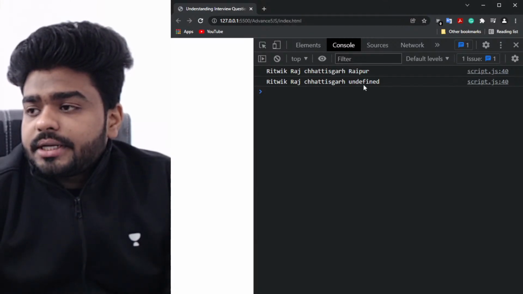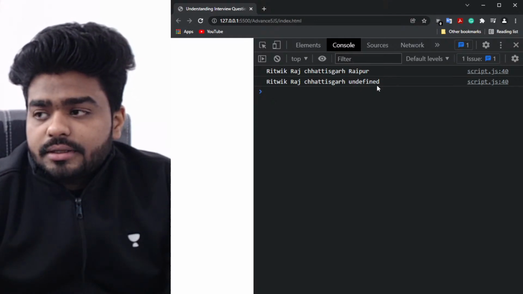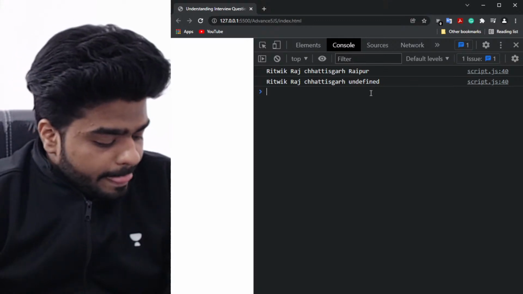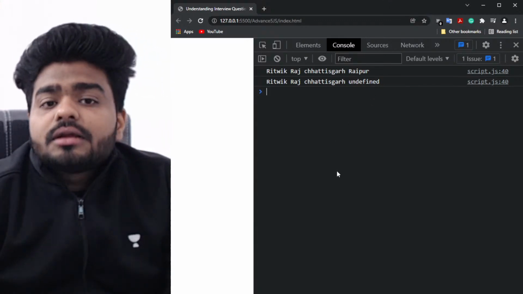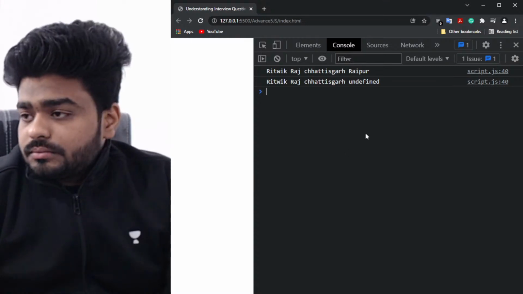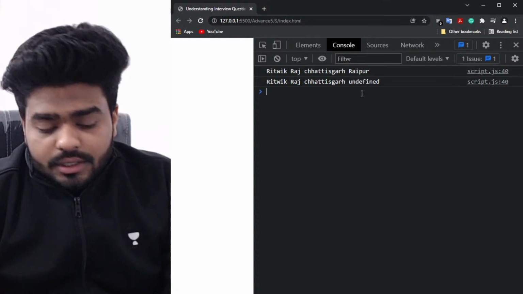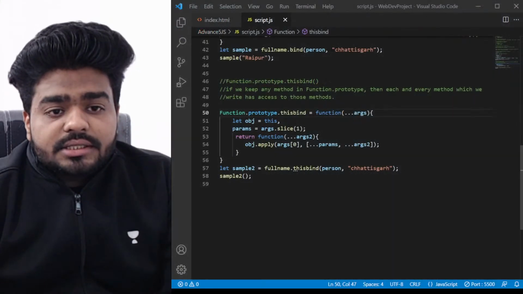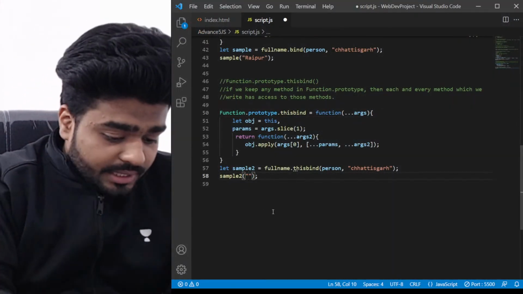So in here I'm getting Ritwik Raj, Chhattisgarh, Raipur, Chhattisgarh, undefined. In the second function I am getting undefined. Try logging params and ARGS. Okay, let's now try and do it. So let's say I'm writing here